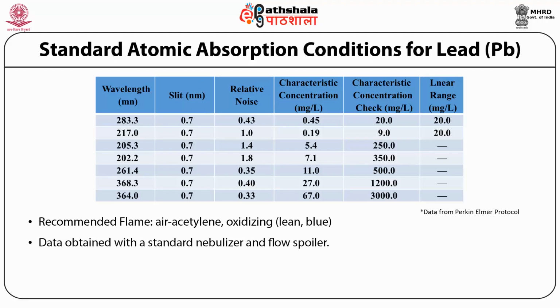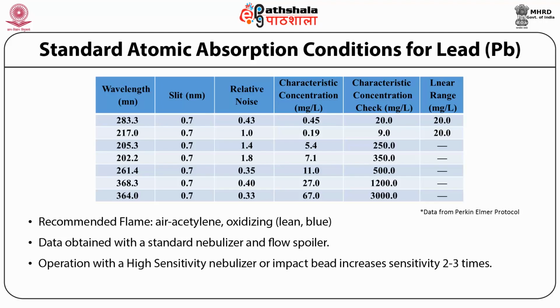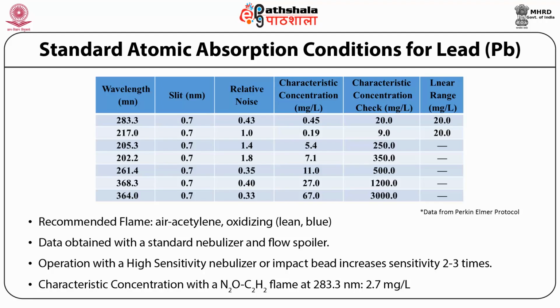Data obtained with standard nebulizer. The data presented is obtained with standard nebulizer and flow spoiler. The sensitivity can be increased 2 to 3 times if the same is operated with high sensitivity nebulizers. The characteristic concentration that can be obtained with nitrous oxide and acetylene flame at 283.5 nanometers is 2.7 milligram per